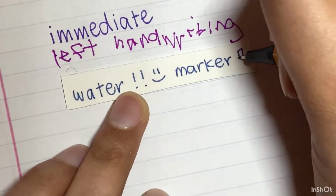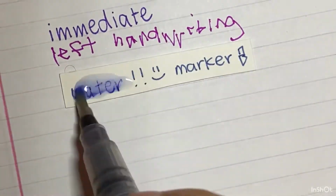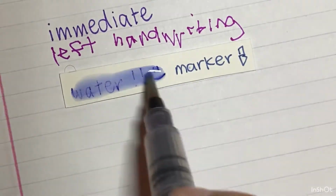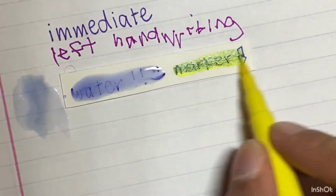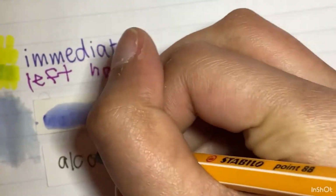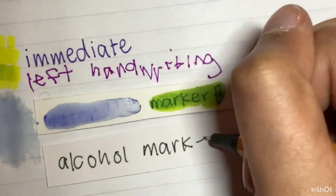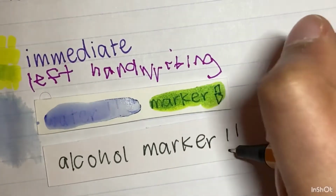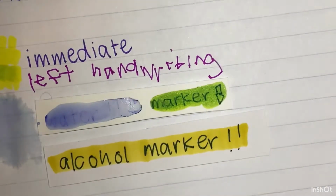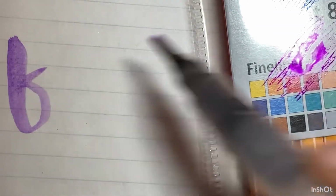However, these are not waterproof pens. As you can see, I'm using them with a water brush, and the color just spreads everywhere. It's the same thing with the marker. I tried coloring over it with a yellow Marvy Cheetah, and I did try wetting it with the water brush and then watercoloring water over it, and it just didn't dry. But with alcohol markers, they don't smudge at all, and I used them immediately, so they're really good if you want to use them for alcohol marker art,